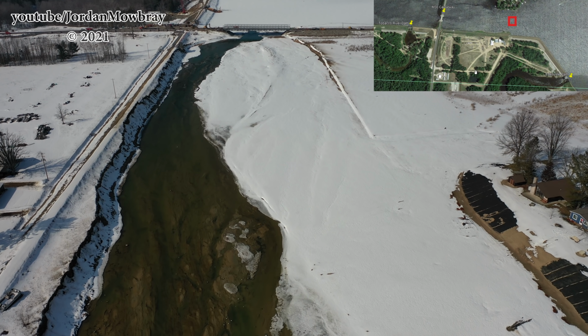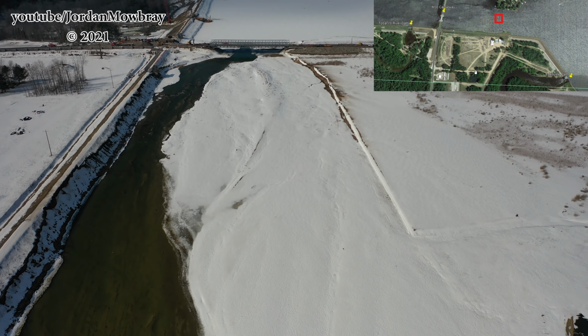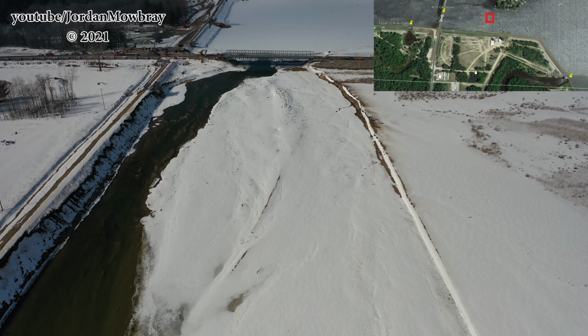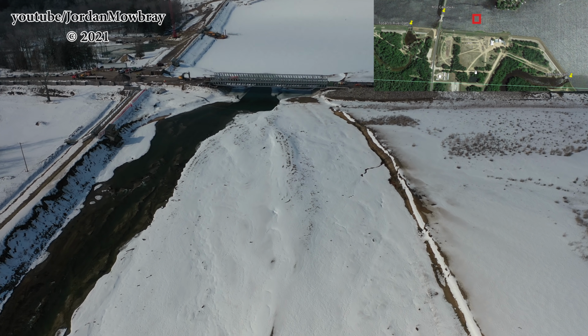So after that Tobacco River spillway is lowered, will be interesting to see how much water is still going through here. And we can see the M30 bridge near the top of the frame as well as the Tobacco River Dam. I'll keep flying that direction and maybe give you guys a little bit of a sneak peek of the